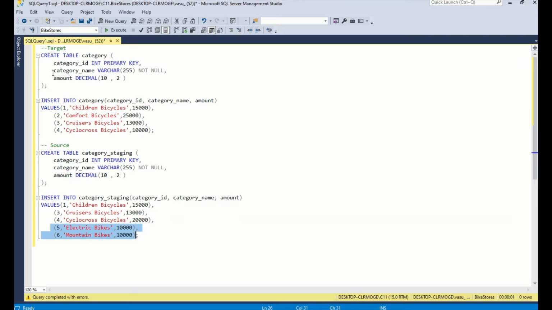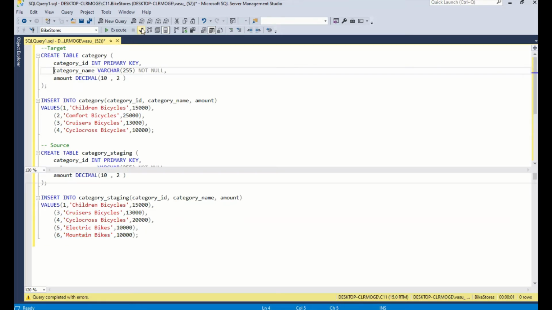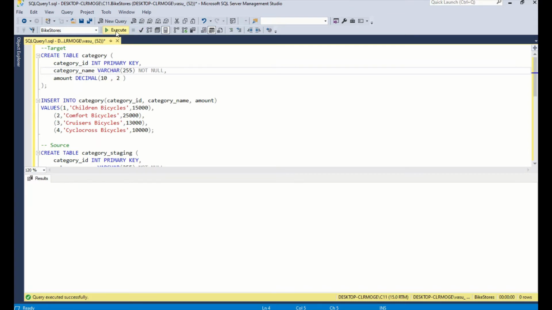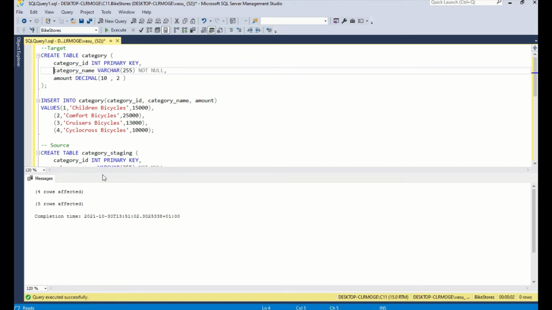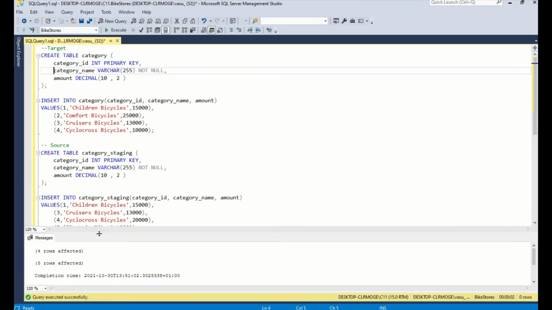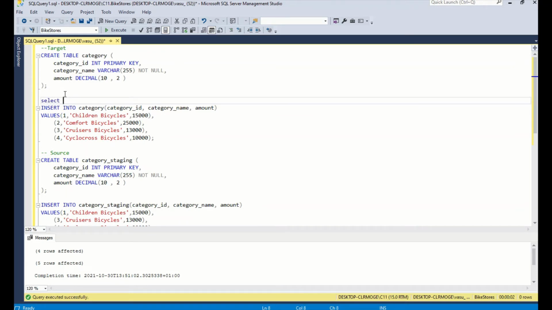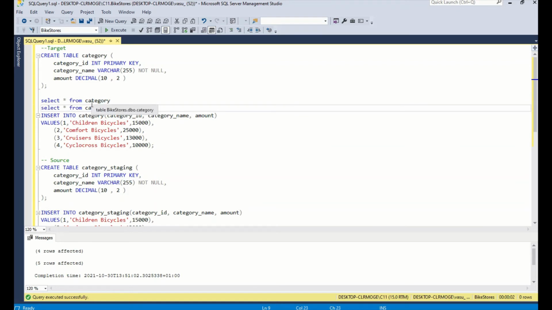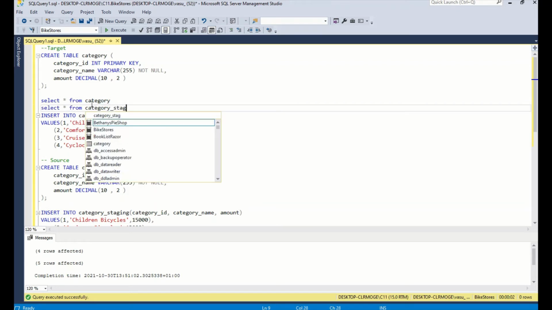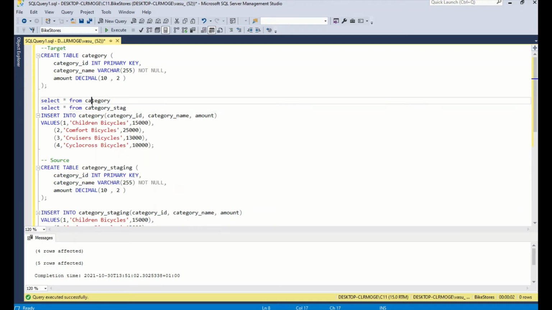So let me go and create it and execute it. Now the tables are created with the sample data. Let's see that. Let me clear this and write the merge statement here.